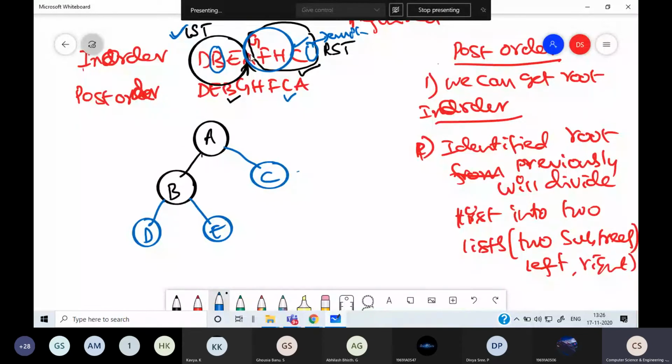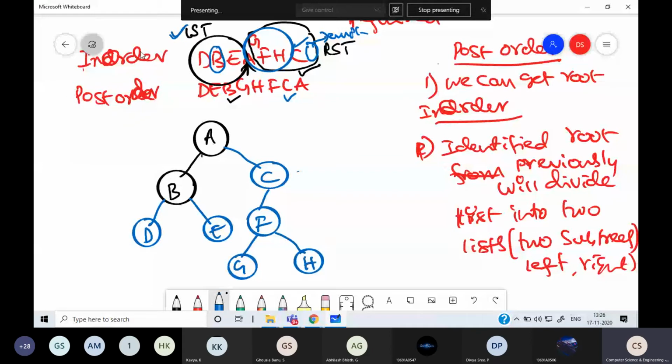In the left subtree there are nodes G, F, H. In GFH, whichever occurs last, F is occurring last. So F is the root because it is the left subtree. Now F divides this into two, G and H. G is the left subtree, H is the right subtree.